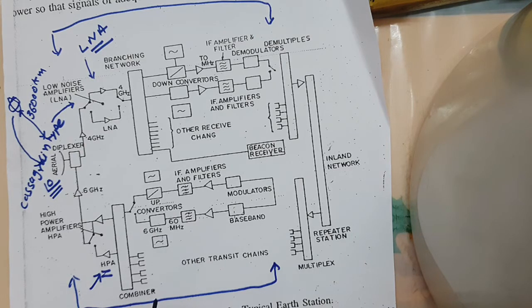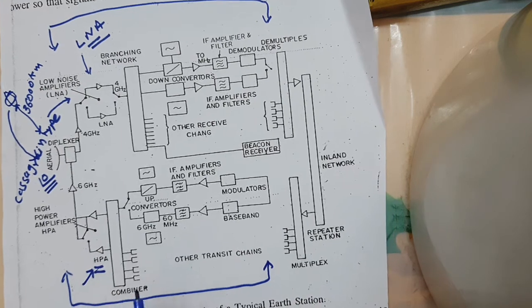What is inside the high power amplifier? I repeat, the RF power beamed at the satellite from any earth station has to travel a very long distance of about 36,000 kilometers. So the transmitter at the earth station, which is known as the high power amplifier, should be capable of generating a continuously stable high power output of a few hundred watts. Sometimes it is several kilowatts. The final output level will depend upon the maximum channel capacity and the station design criteria.